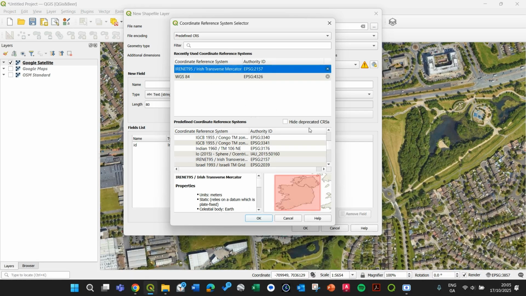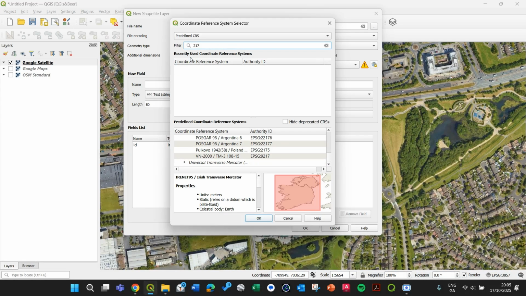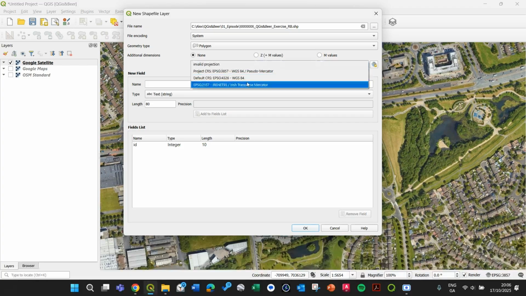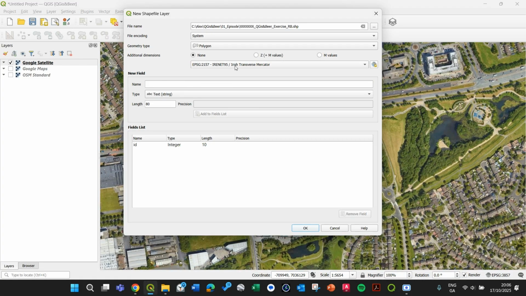If you don't have it already set here, you just need to search 2157 or type the name Irish. The options will be shown here. Okay, and just double click. Invalid, no. Pay attention to that. Now it's correct. New field, no need to type anything right now. It's good to do this in the beginning, but I'll just skip this part to show you ahead how to do that. And okay,